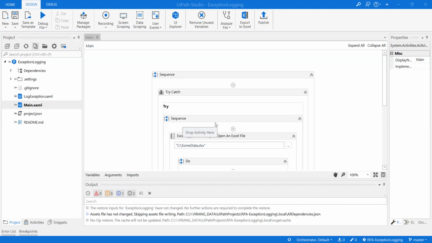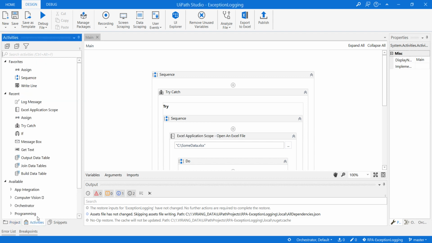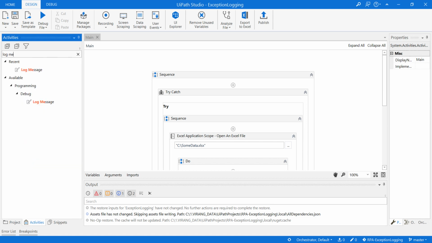Hello everyone. In this video we look at logging exception details when we build a workflow in UiPath. We know that UiPath provides an activity called Log Message, so we can use that to build our own workflow